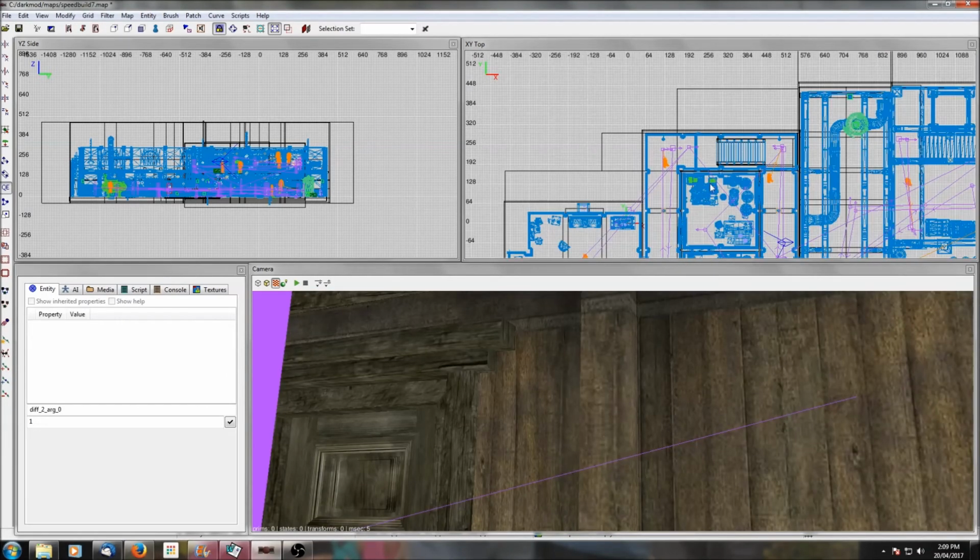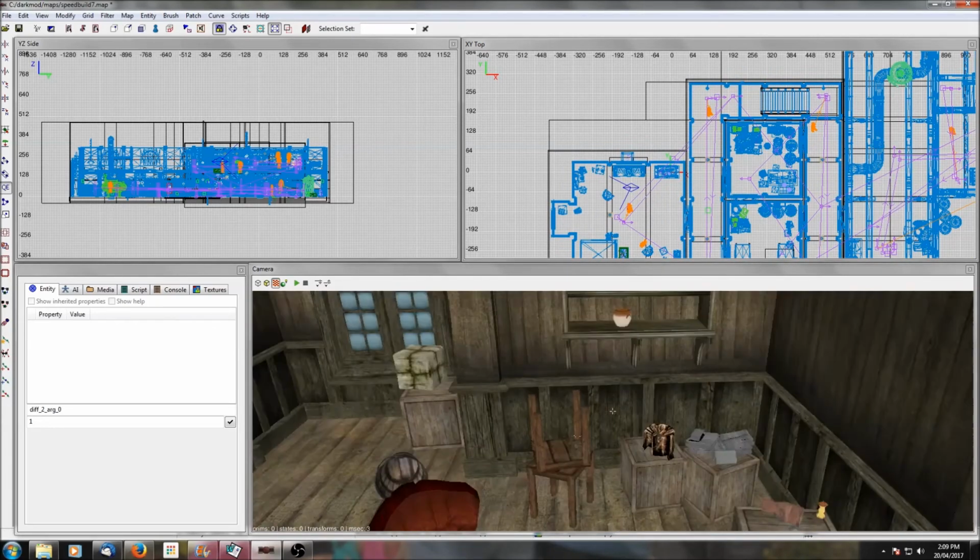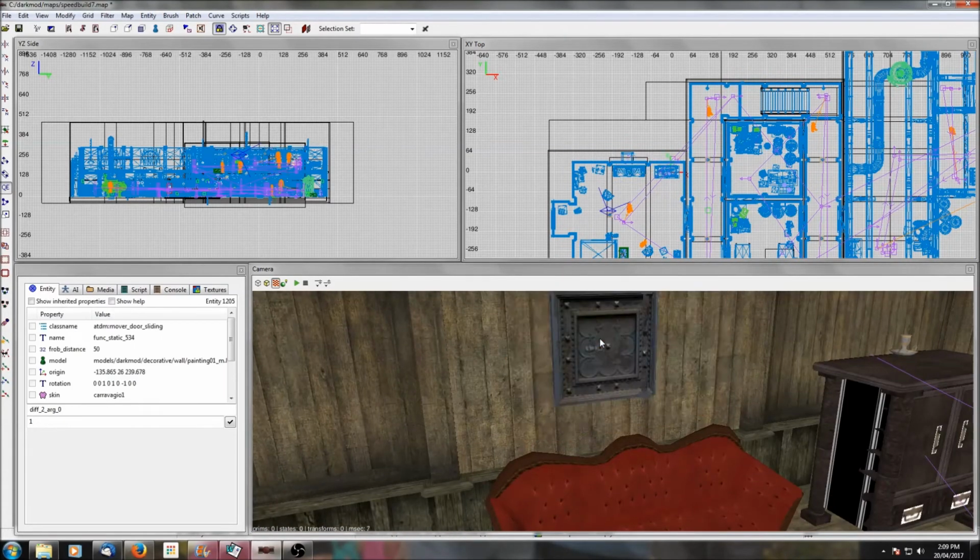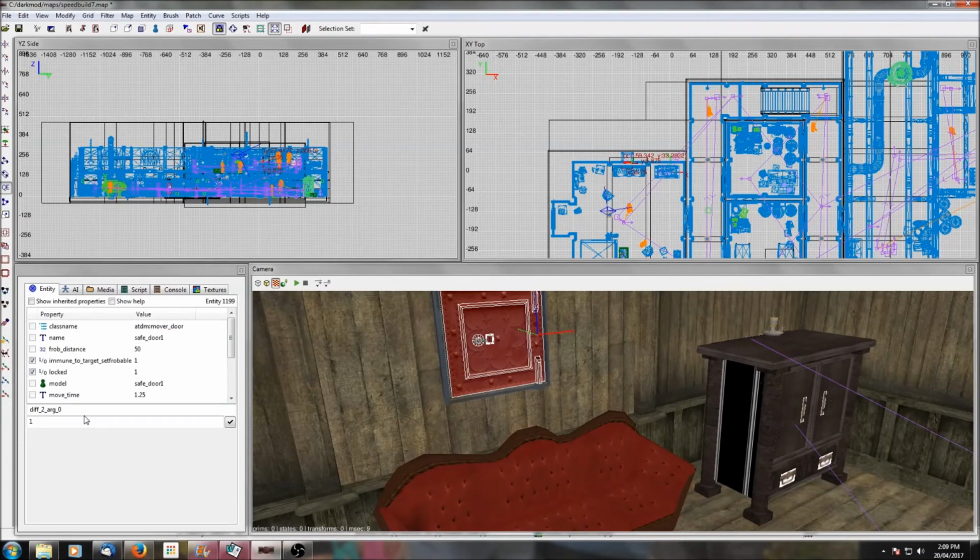And what about, let's do the same thing with some doors. So let's go up here. And let's say that if this safe, in fact, let's say that, show in here, let's do it like this, okay. So it should be closed, 1. Now what that means is that if the AI notices this safe open, they will get suspicious, which I think makes a lot of sense in terms of story, but it could be harsh on players who are not quite as skilled. So let's say that if we are playing on easy, diff 0, change 0,